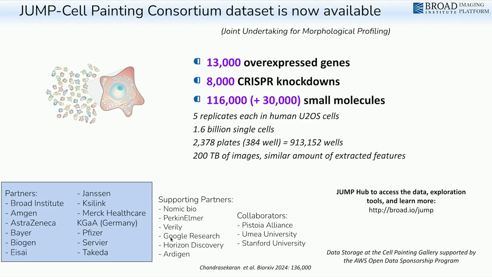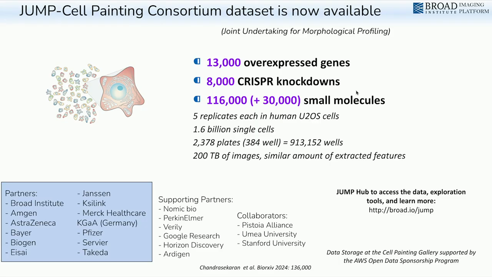So, collecting cell painting data following the same protocol at 12 different laboratories around the world. It got all these pharma companies up and running with cell painting internally, and was really just a heartwarming community project. A really great scale that now is giving us data that I'm sure we will be heavily using for at least a decade now, because it covers 3/4 of the genome by either overexpression or CRISPR knockdown or both,